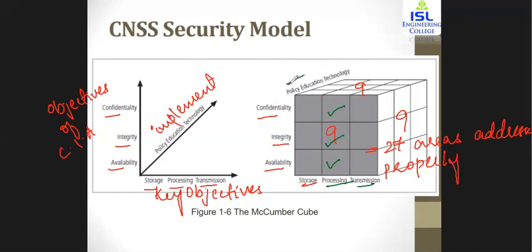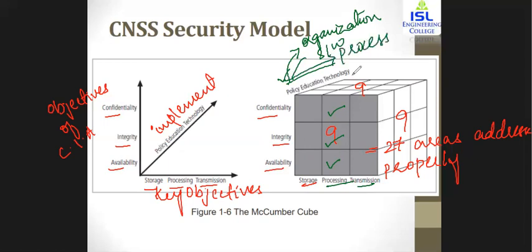Now in here, the other 9 cells are policy, education, and technology. Now in here, to implement the storage, processing, and transmission accordingly with confidentiality, integrity, and availability, you need to know what specific policy needs to be implemented. Now in here, you're going to have different policies. Policy can be for a specific organization, or policy can be for a specific software, or policy can be for a specific process. There can be different policies. So in here, for storing the information with a specific policy, you need to identify which specific policy needs to be implemented. That is going to be identified.